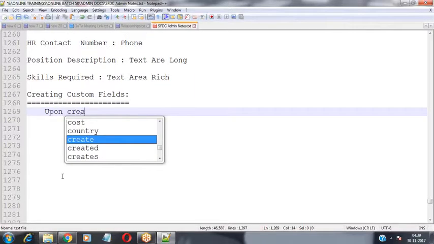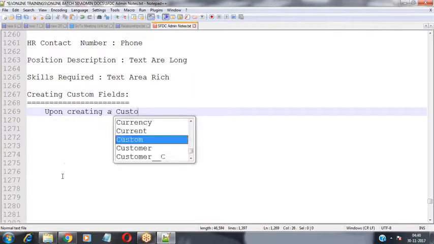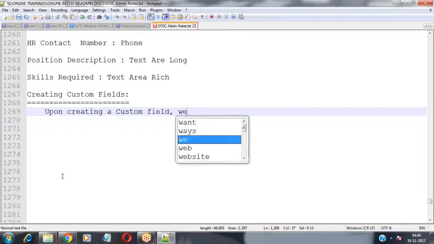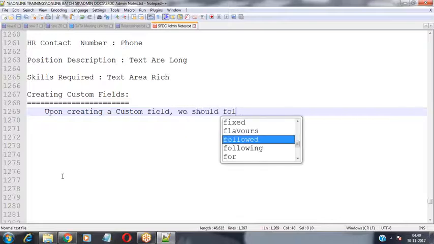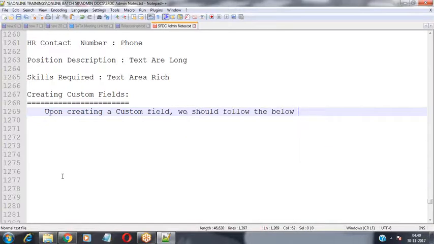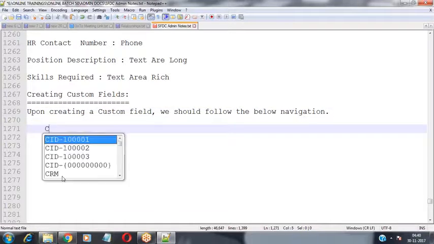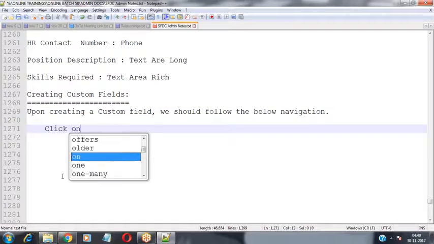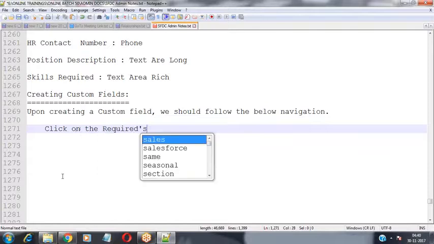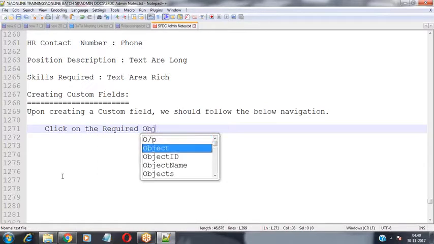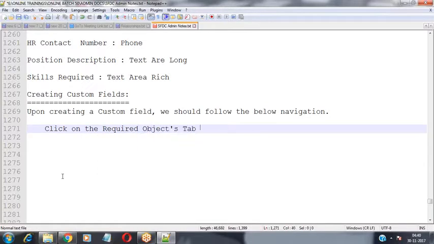Upon creating a custom field, we should follow the below navigation. First one, click on the required object's tab. In which object would you like to create the fields? In the position object. So click on that position object tab.